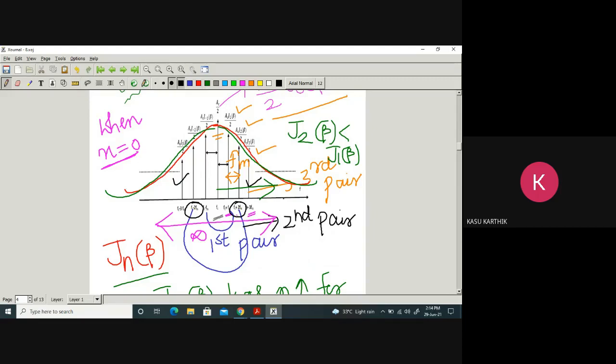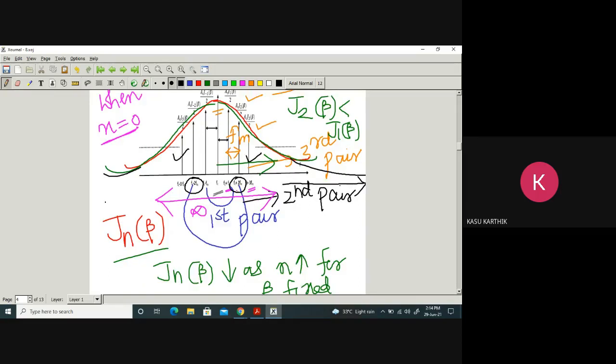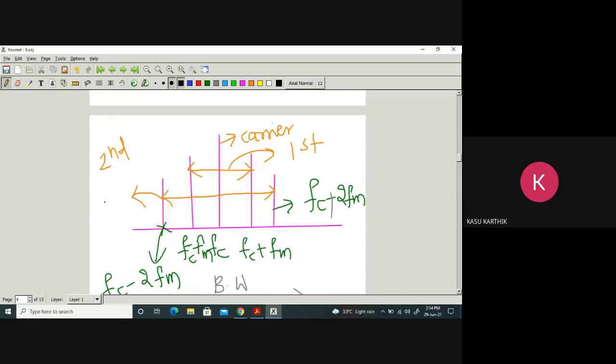Okay, what happens? If we keep on increasing the value of n, obviously sidebands are not having much bandwidth. All are not having the same bandwidth. It depends upon the value of j and beta. As you move away from the origin, the components are decreasing in amplitude. That's why we don't transmit all sidebands. We transmit only a certain number of sidebands which are very, very significant.